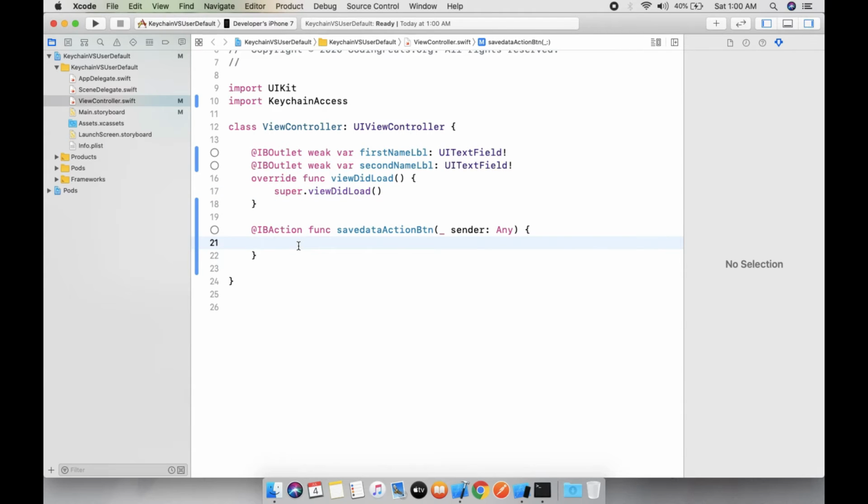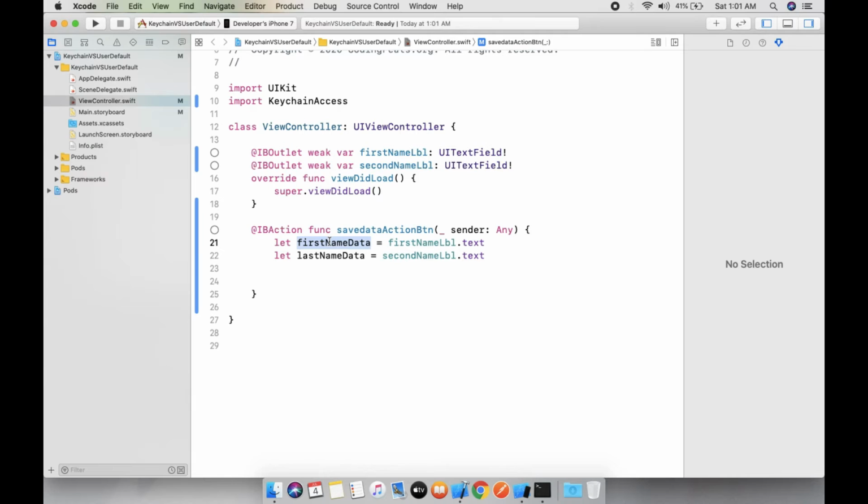First we need to take let firstNameData, that means first name label dot text, and let lastNameData equals to second name label dot text, right?